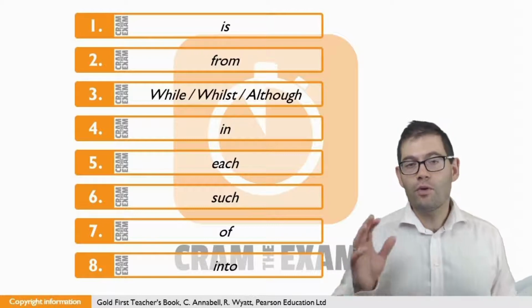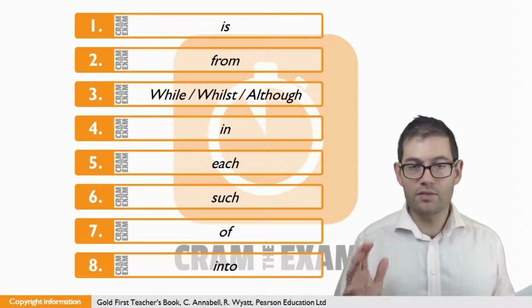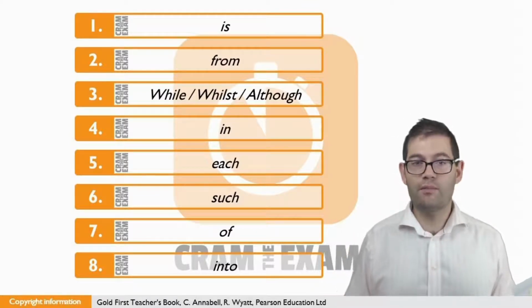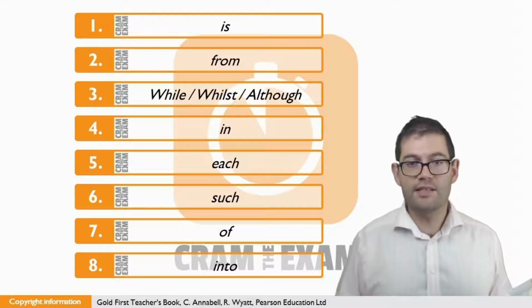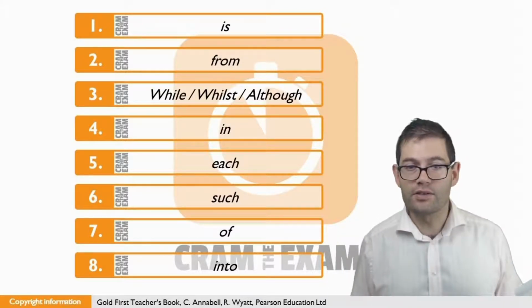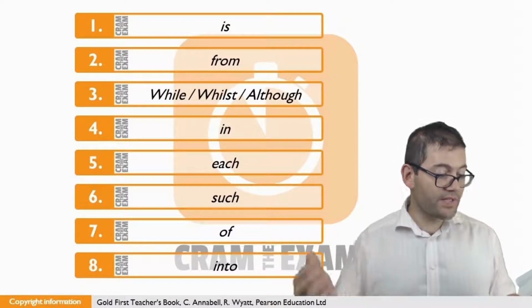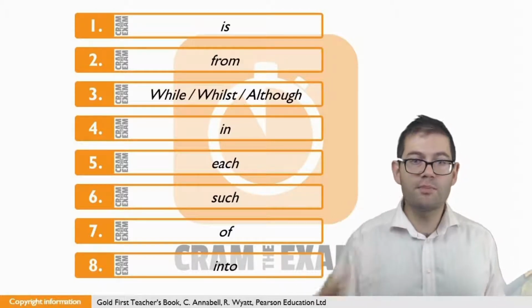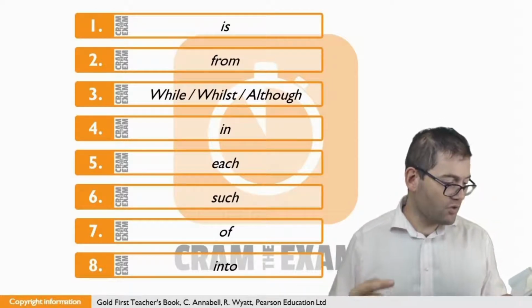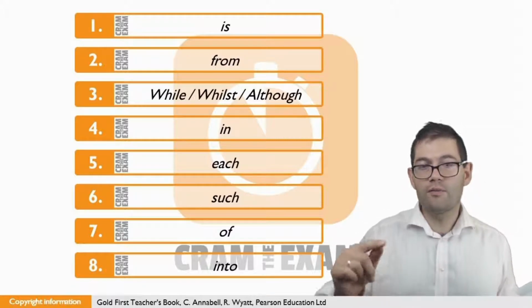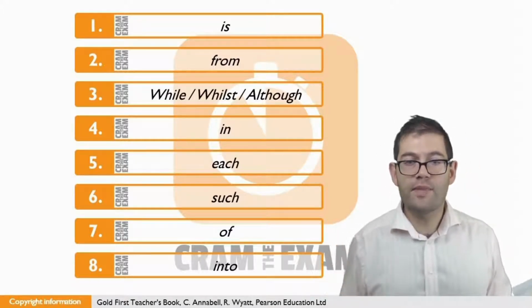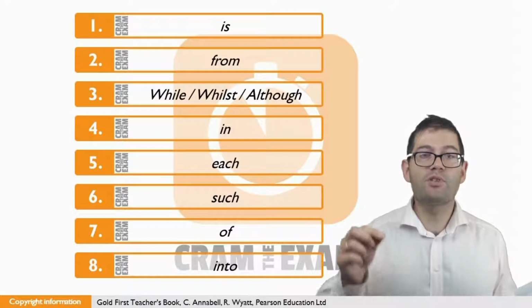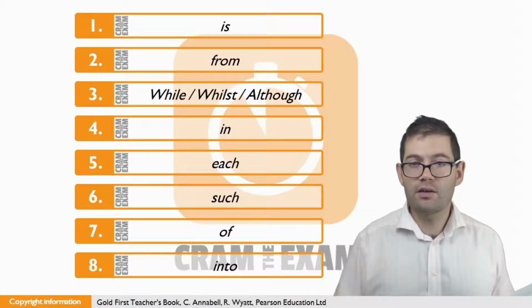For question number 3, we've got to take into account the whole sentence which is presented here, because if we do that, we can see that a form of contrast is being presented. Now, the form of the sentence is actually a subordinate clause followed by a main clause. So the main clause is, others are convinced that the key could be genetic. The contrast, or the contrasting idea, is presented in the subordinate clause. Some believe that it is due to physical factors like tongue control, which in some way counteracts or goes against the main clause. But we need a contrasting word. In other words, we need the correct subordinate conjunction which suggests contrast.